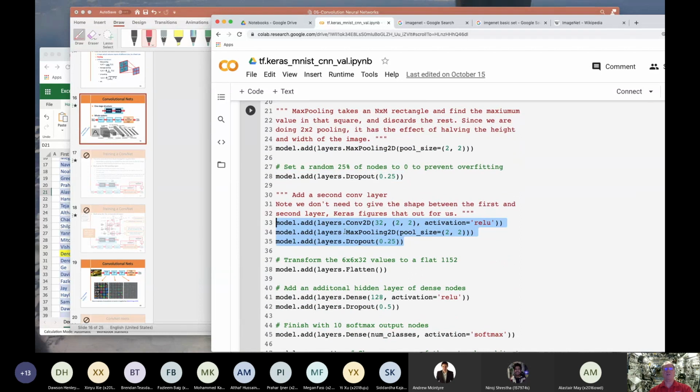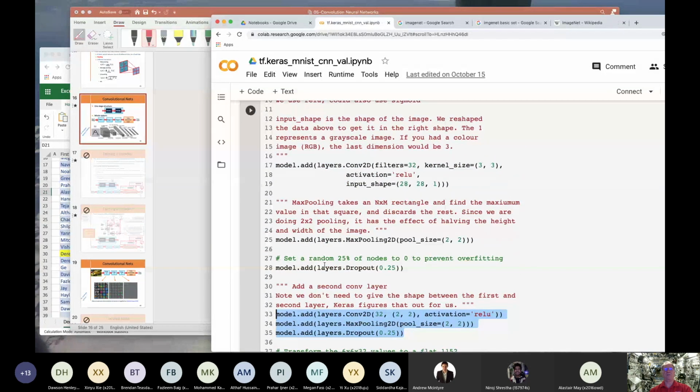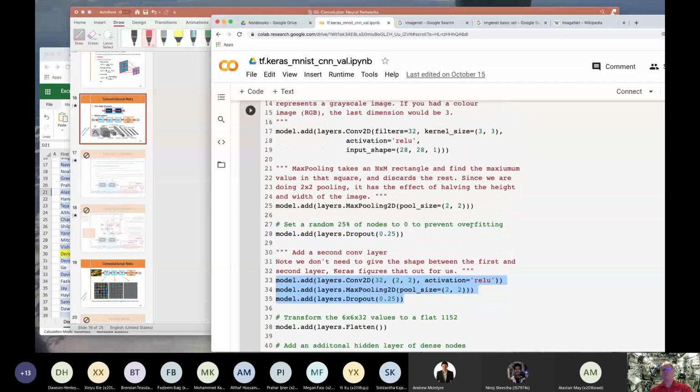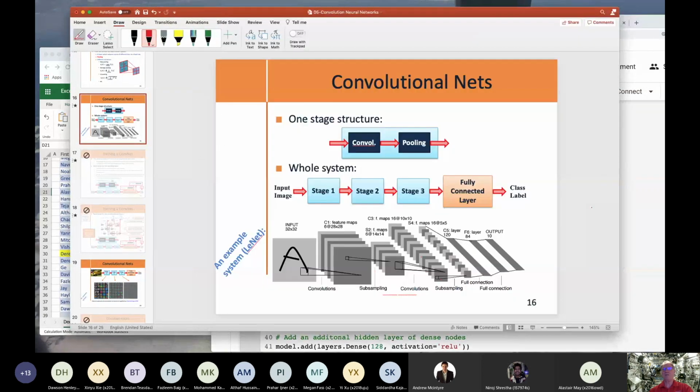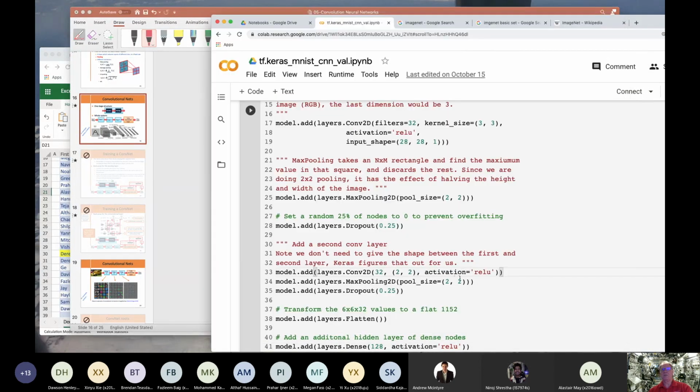And this time we just got to put the lines right together. We put some comments in here, but the second one, and now this one, notice, the kernel size is now just 2 by 2. Still it's an activation ReLU. Notice that we don't have to put in the input shape. That's the beauty of Keras, it makes a smart assumption. It says, well, I'm going to assume that my input is whatever you ended up with on the last layer from the pooling, right? And then we do another pooling layer. So this is the equivalent of the second one right here. So this is our second convolution, and then our second pooling. That's what's happening right here.